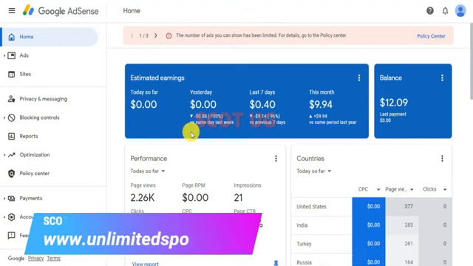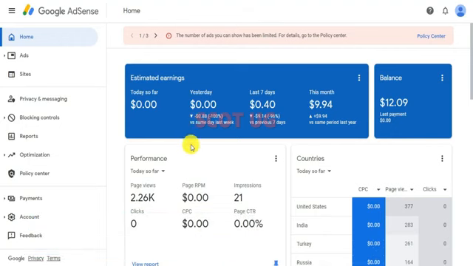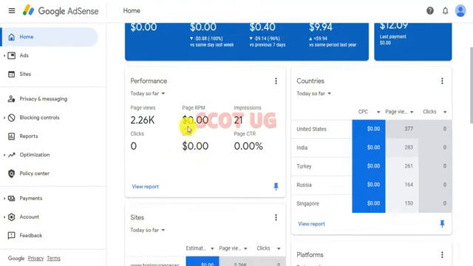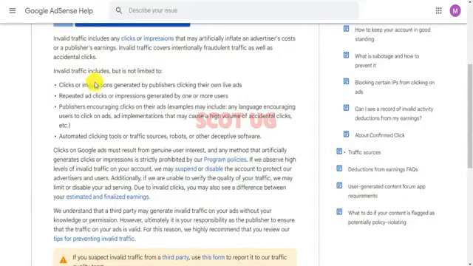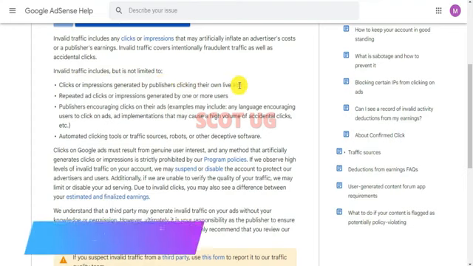I'm going to show you how to lift your ad limit from your Google AdSense account. As well, I'm also going to show you how you can easily avoid ad limit on your website. So first things first, let me show you the things you should avoid so that you don't get ad limit and invalid traffic. Invalid traffic includes but is not limited to clicks or impressions generated by publishers clicking on their